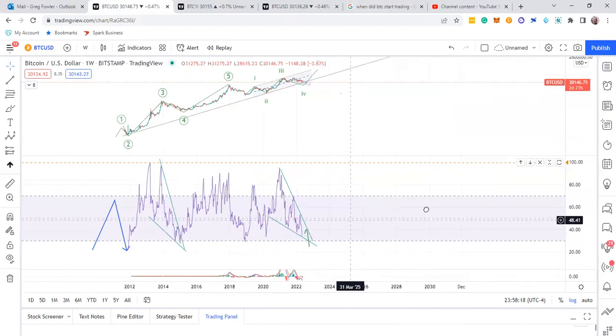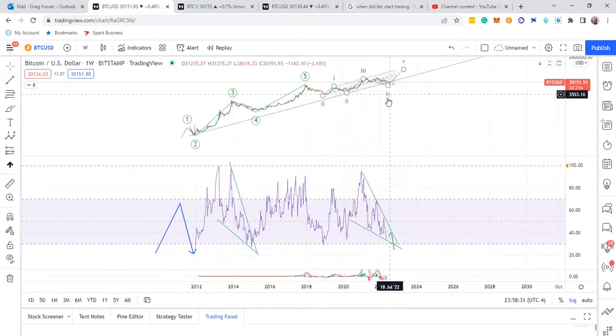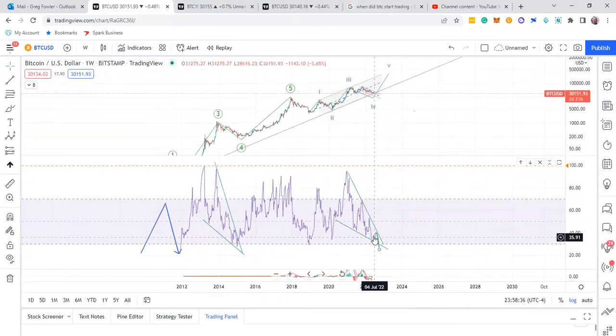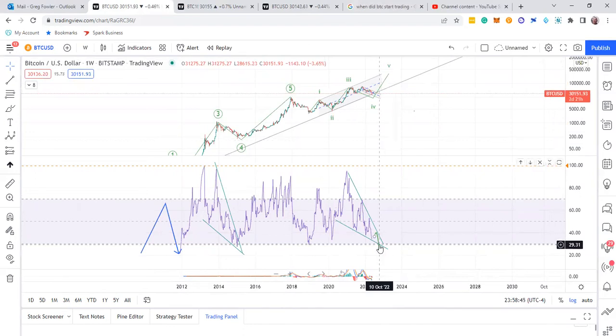This is the move. I showed a video to other people about this before. It's going to pop back up, and this is the move to come back down, taking everything out, resetting that whole cycle leg that it did on the third wave, and then it'll be able to make the move up for Bitcoin, in my opinion. This RSI, I know it's bearish right now, but we're going to get to a point where you cannot be too bearish for too long, because once this RSI is down here, it's going to have no other place to go but up.